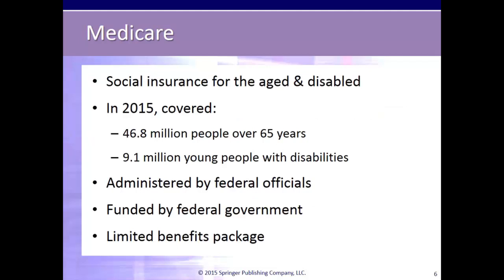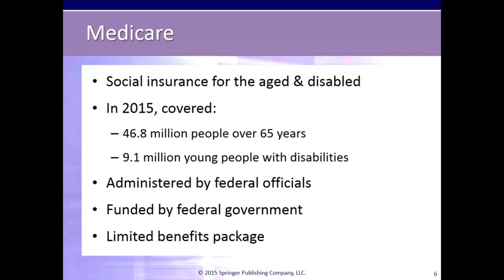In 1965, nearly half of all seniors lacked medical insurance. Medicare was created along with Medicaid in 1965 as an amendment to the Social Security Act. The program was initially established to provide health insurance to individuals aged 65 and older, regardless of income or medical history. In 1972, the program was expanded to include individuals under the age of 65 with permanent disabilities receiving Social Security disability insurance payments, and also people suffering from end-stage renal disease. In 2001, individuals with ALS or Lou Gehrig's disease also became eligible.